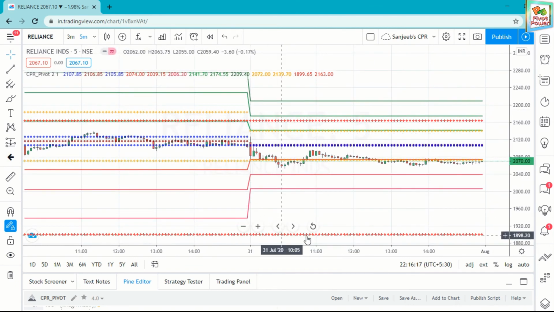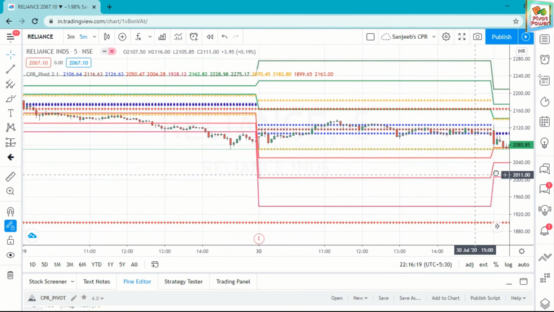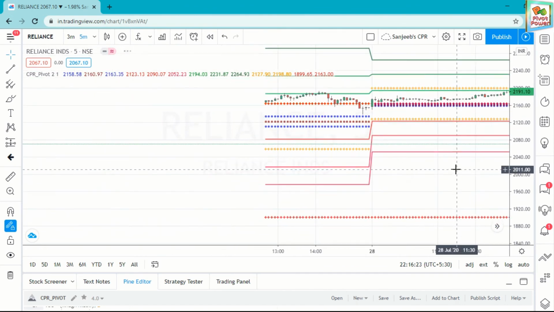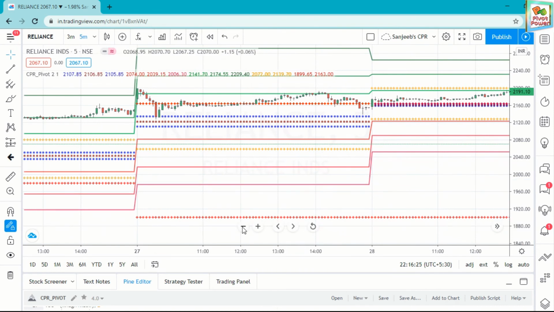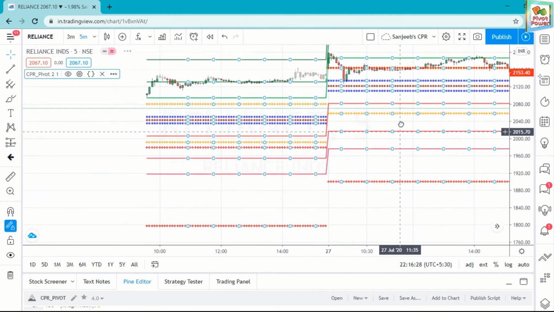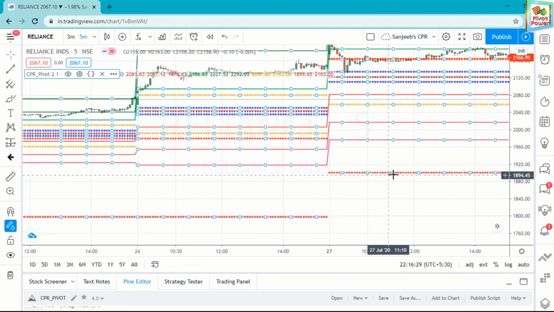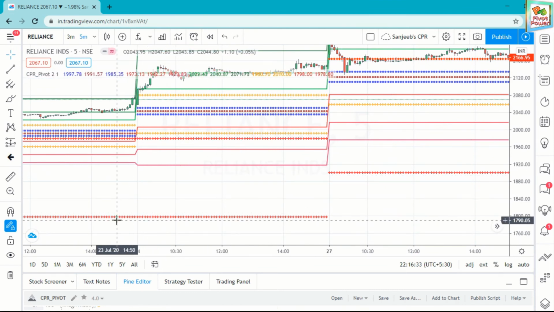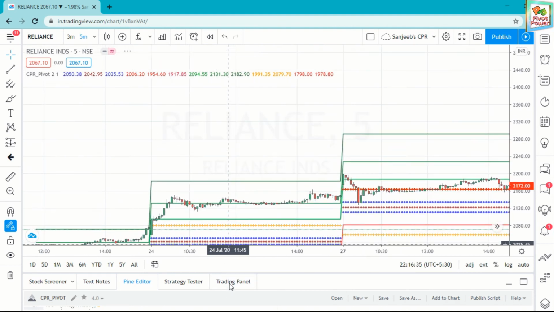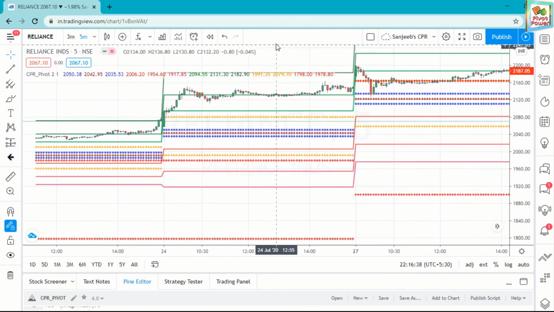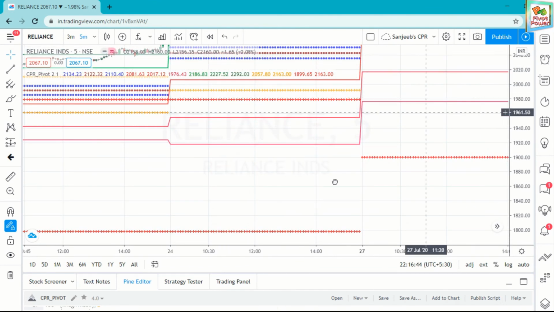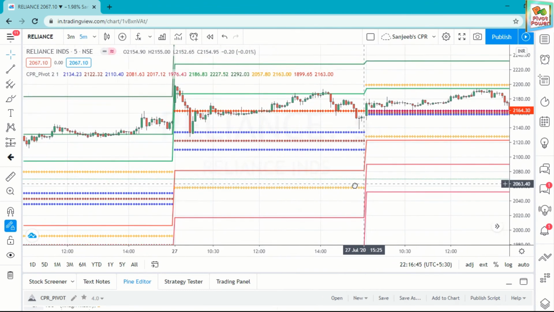This is the previous week low. This is another previous week low, and I think this is the high. This is low. This is high. This is automatically plotted for all the indexes and stocks.